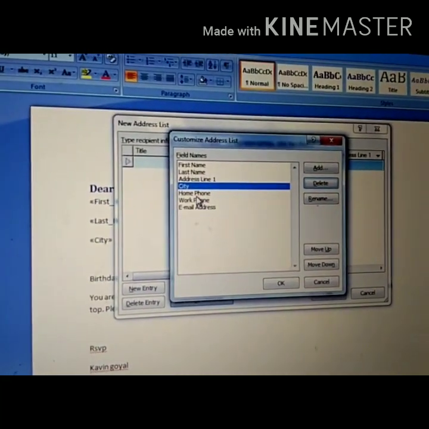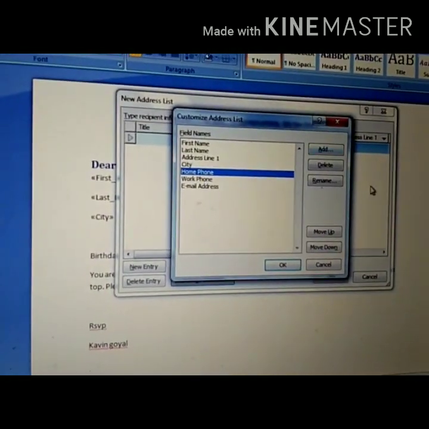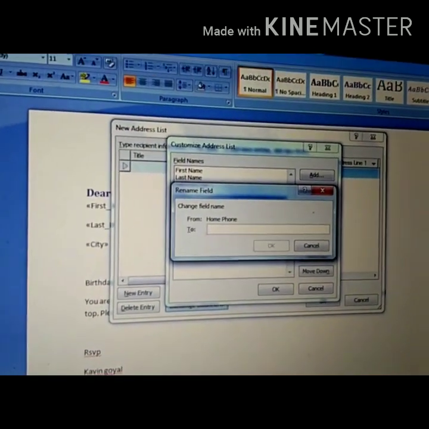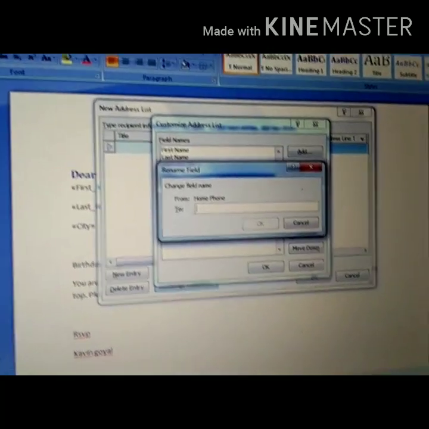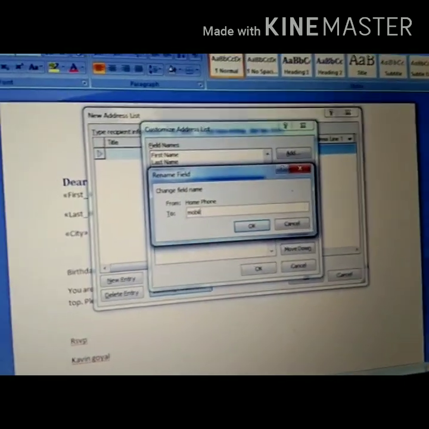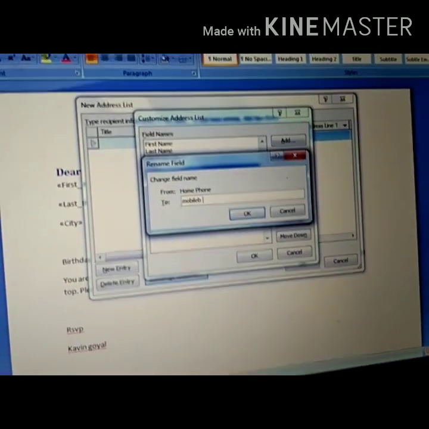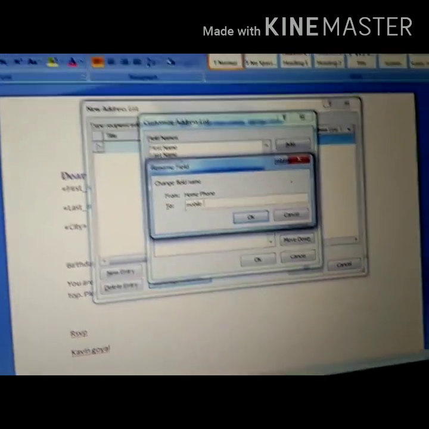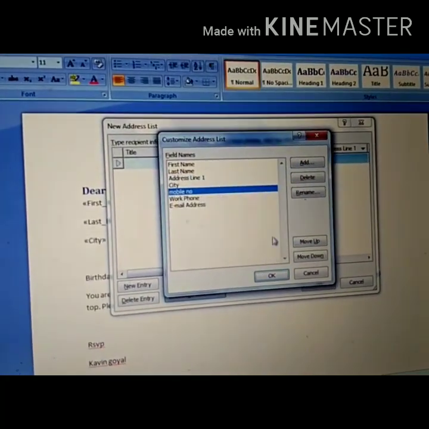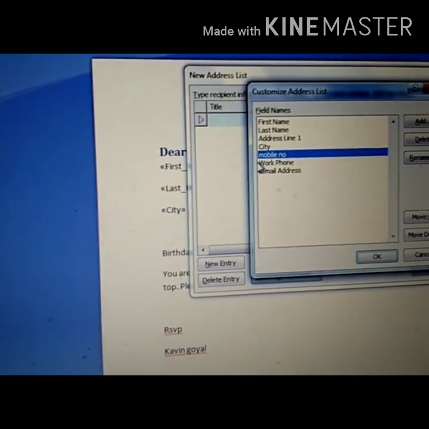Okay, phone number. For this I am renaming it to mobile number. Mobile number. Done. Now I am clicking OK, and now you will check here mobile number.